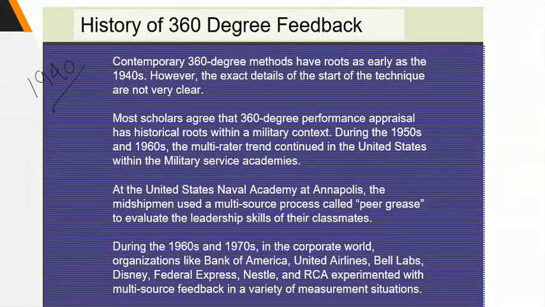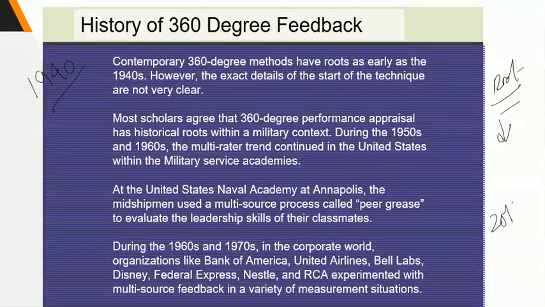Most scholars agree that 360 degree feedback has a historical context within the military. We know that in the military we have performance and very strict kinds of evaluation, so it can be rooted from there and then go to the civilian side, where organizations started using it. In the 1950s and 60s it was used in the United States, and then it was used in the US Naval Academy, and during the 1960s and 1970s it was used in Nestle, Federal Express, RCA, and